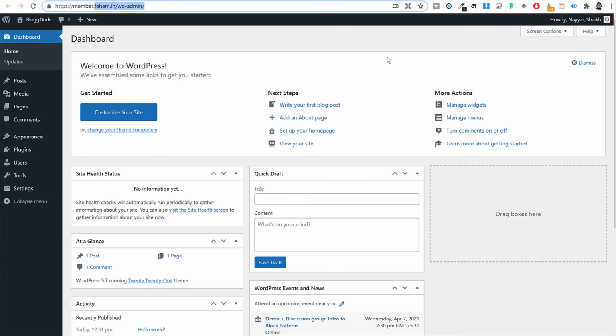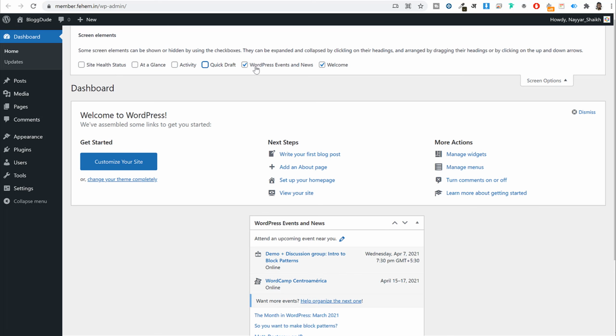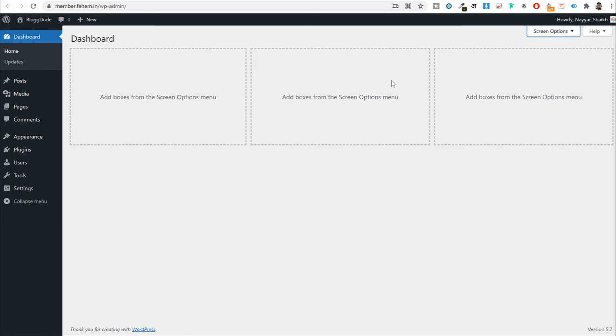Now whenever we install WordPress on a new domain name, there are a few basic things that we have to understand, and a few basic settings that we have to do. So first of all, you'll see there are a few widgets given over here on the dashboard. I don't want these widgets, so I can click on screen options and untick everything from here, just to make sure that my dashboard is nice, neat and clean. No extra widgets are present on my dashboard.